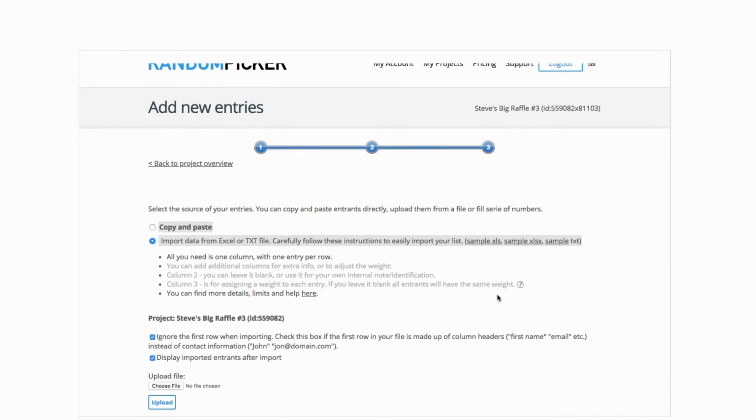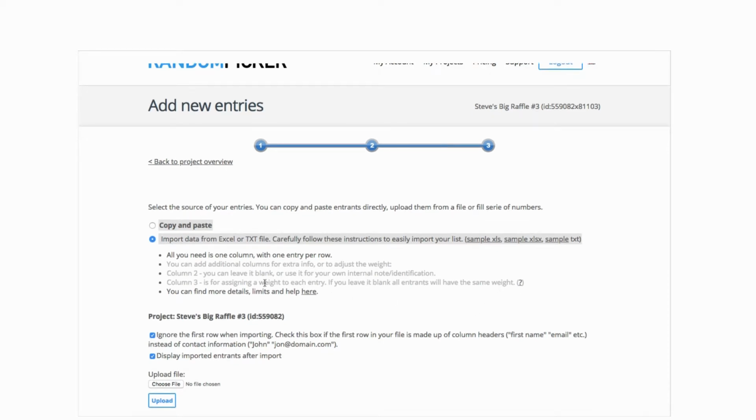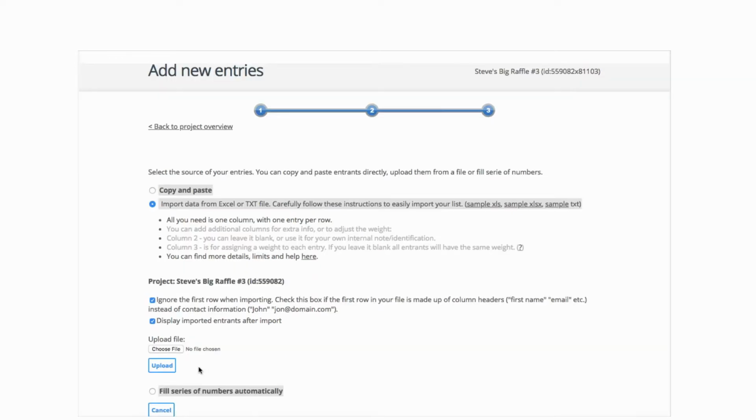So here it gives you the instructions: import data from Excel or TXT file. Be sure to carefully follow these instructions. It can be as simple as just one column and one entry per row, or you can have additional columns that can be used for adjusting the weight. I'm going to now upload the file, so you choose the file,